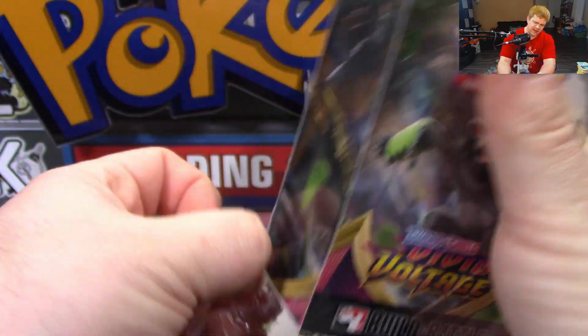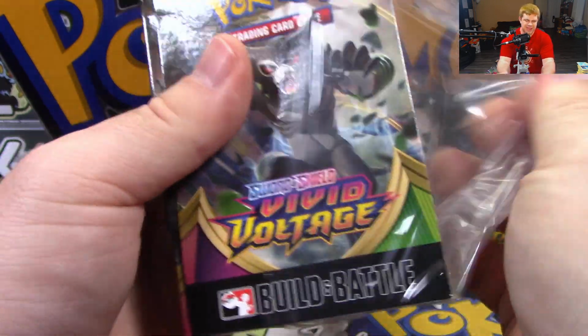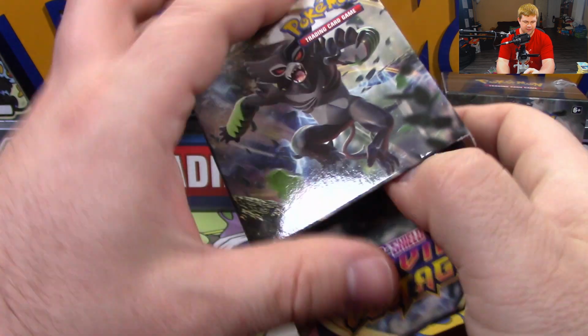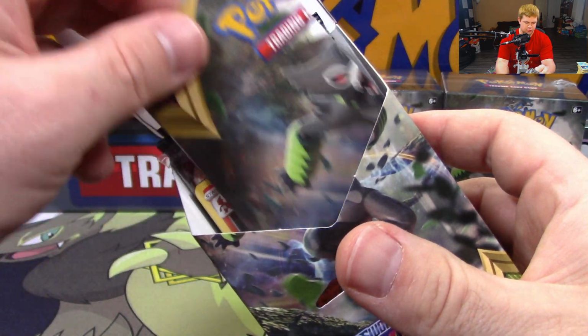Probably out of the booster box. I don't feel like we're going to get another. Like, they can't be that common. And the odds of pulling a third one out of 40 packs seems pretty...